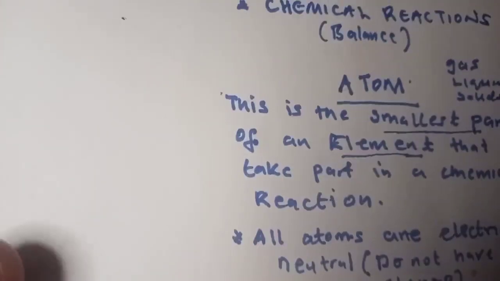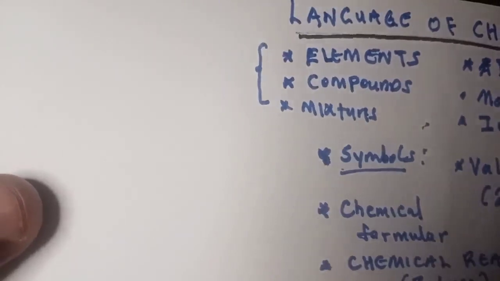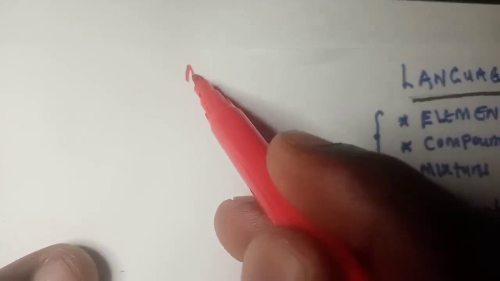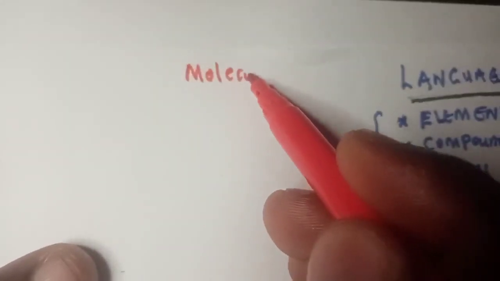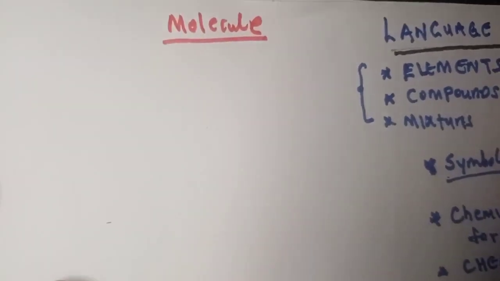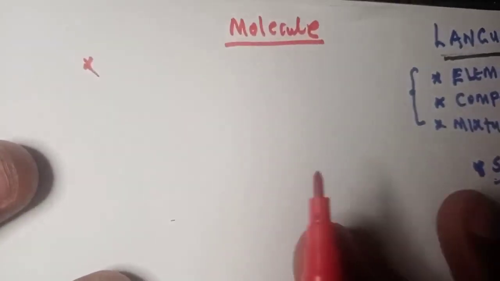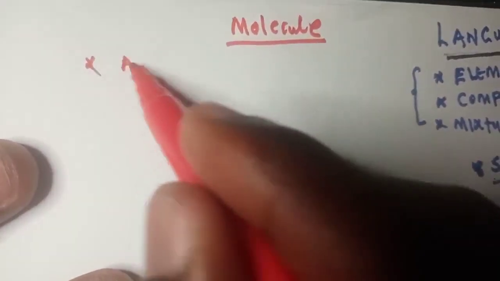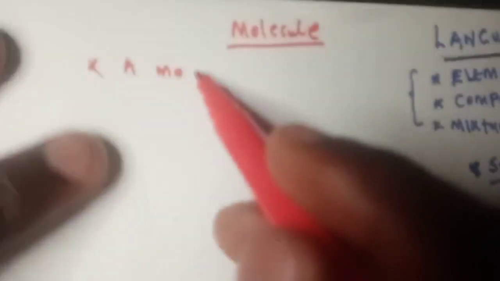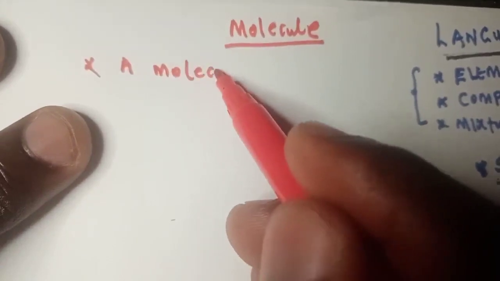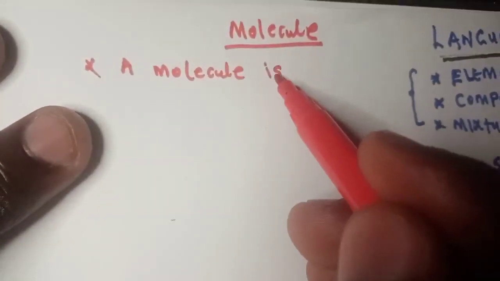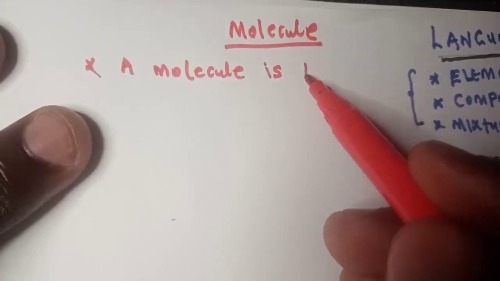So we leave it here. Let's look at something else, what we call a molecule. A molecule is different from an atom, and I'll show you why. First, by definition, a molecule is the smallest